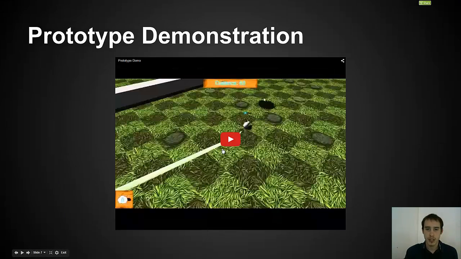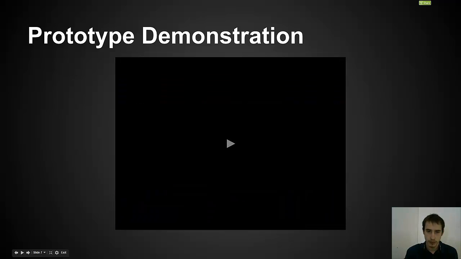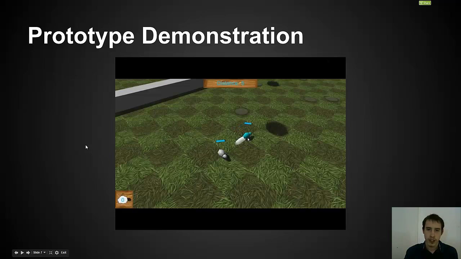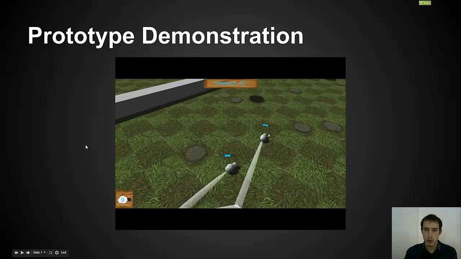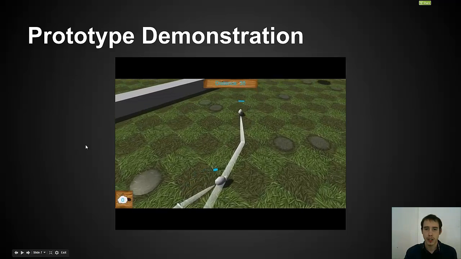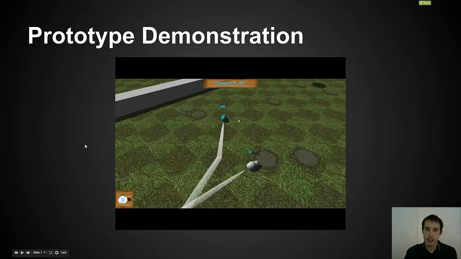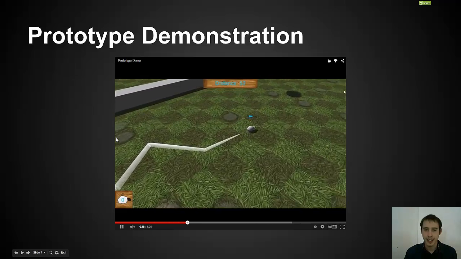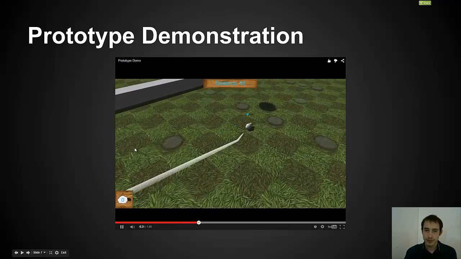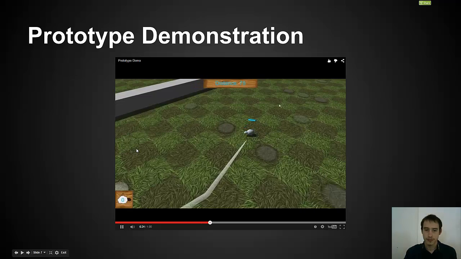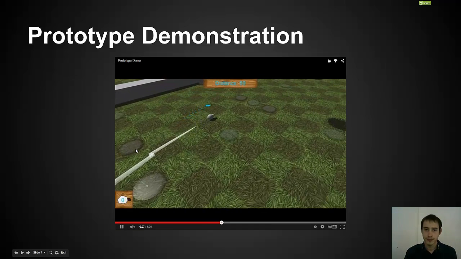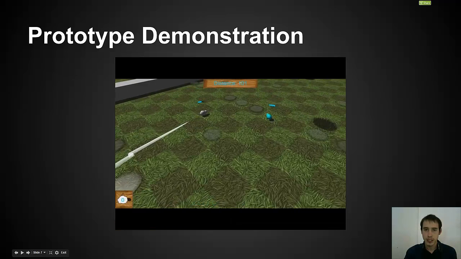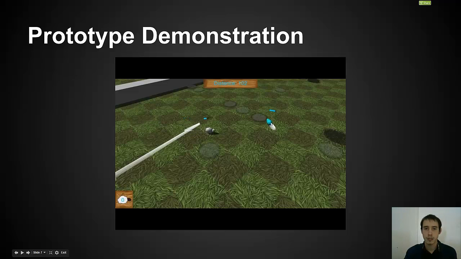Here is a prototype demonstration that I created of the game. So it is quite simple to just click and move the sheep around, trying to avoid different traps and getting to food, as the sheep die very quickly. That sheep just ran into a dragon, and that's a rather unfortunate end. As you can see at the top, the distance increases the further the sheep move.